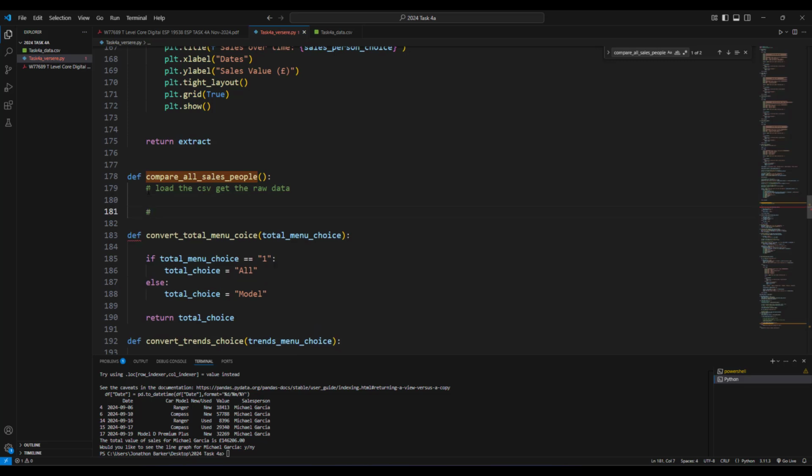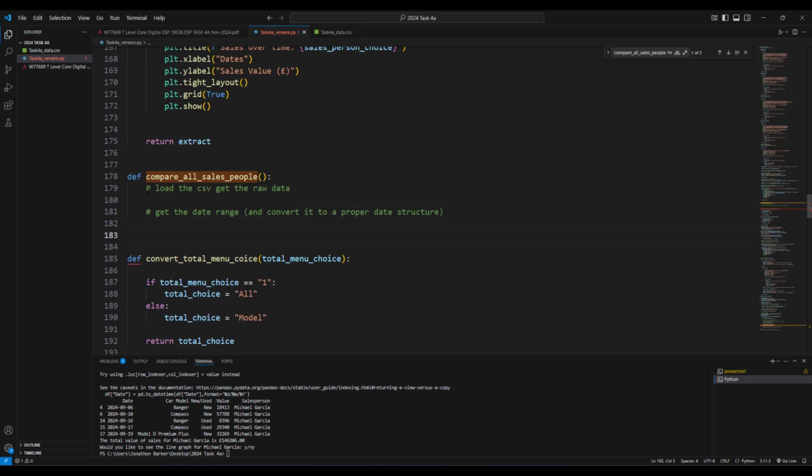After I've done that, we need to get the date range and then convert it to a proper date structure that will work with, what's it called, Matplotlib and Pandas data frames. So get it from a string, get it as a proper date format so we can do things with it. Okay, then